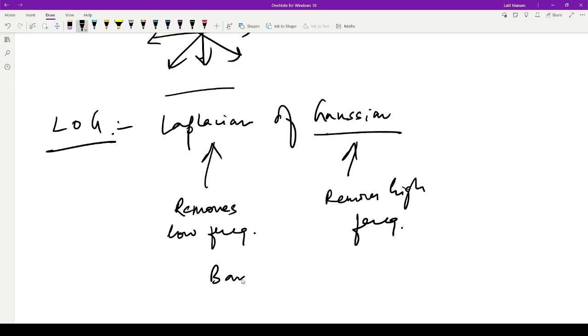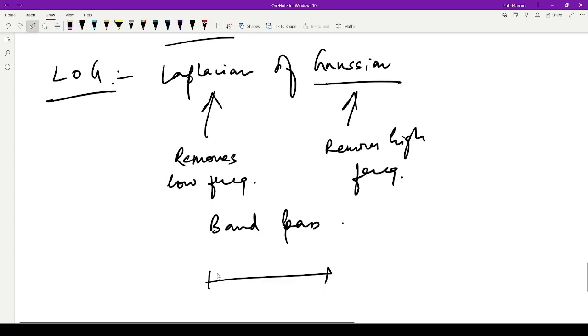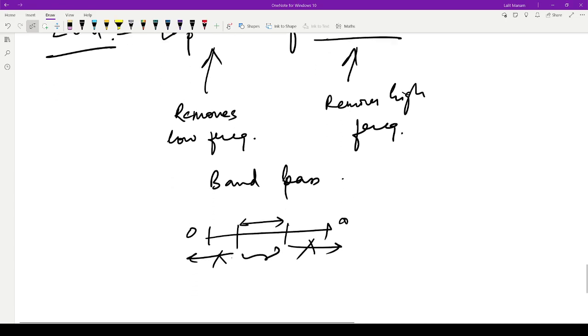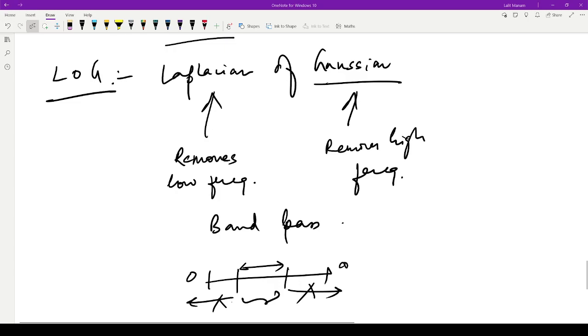It's a band pass. Everyone agrees? Yeah. It's a band pass filter. Since if you remove high frequency with this part, and if you remove low frequency with this part, whatever remains is this band of frequencies. So effectively this is a band pass filter, and it's generally used not just because it's defined that way,